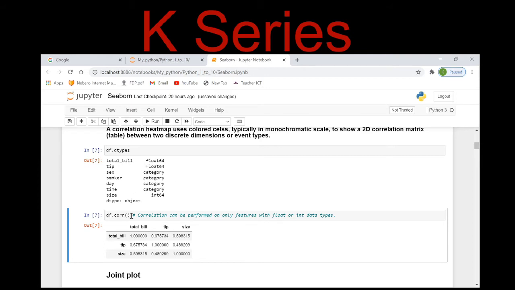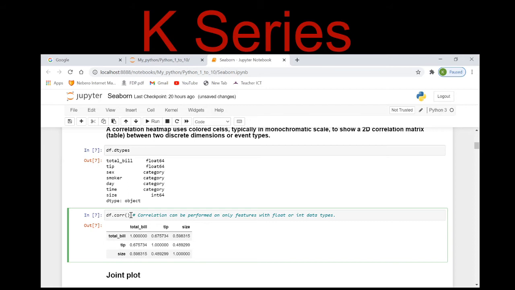So if we want to apply the very basic statistical function, which is the correlation function, and why we perform correlation function, just to get the idea which feature is related to another feature. So correlation can be performed on only features with float or int data types.